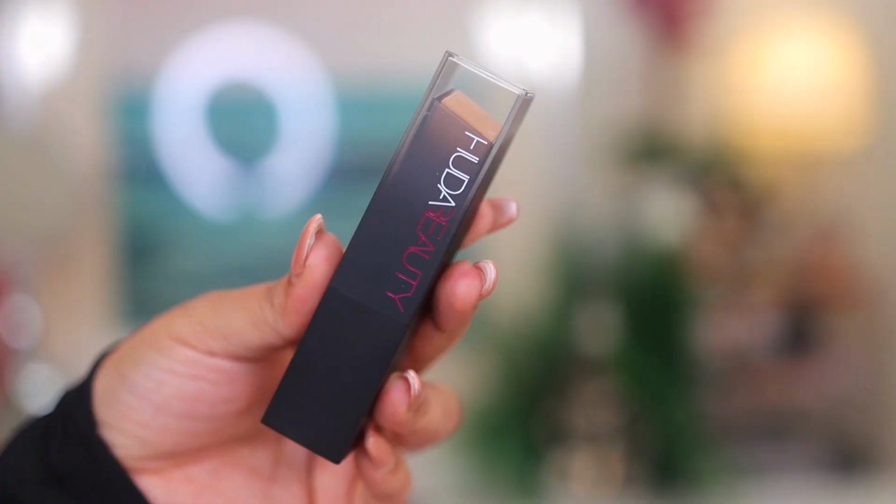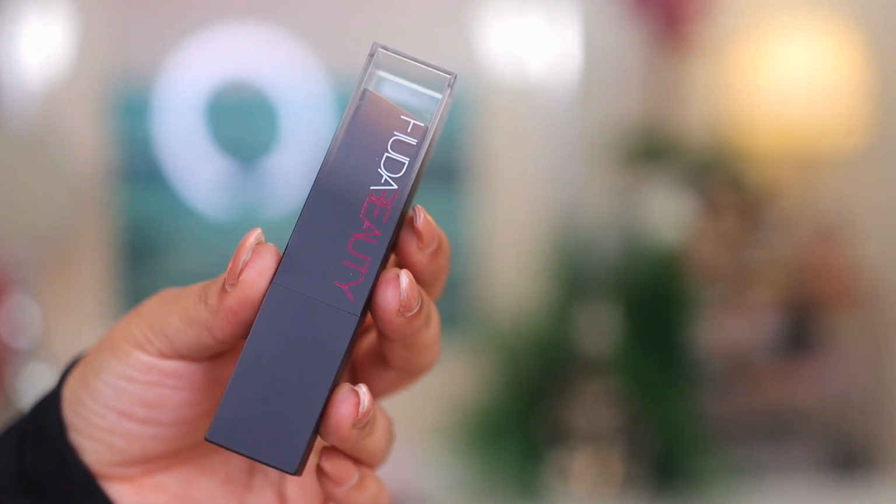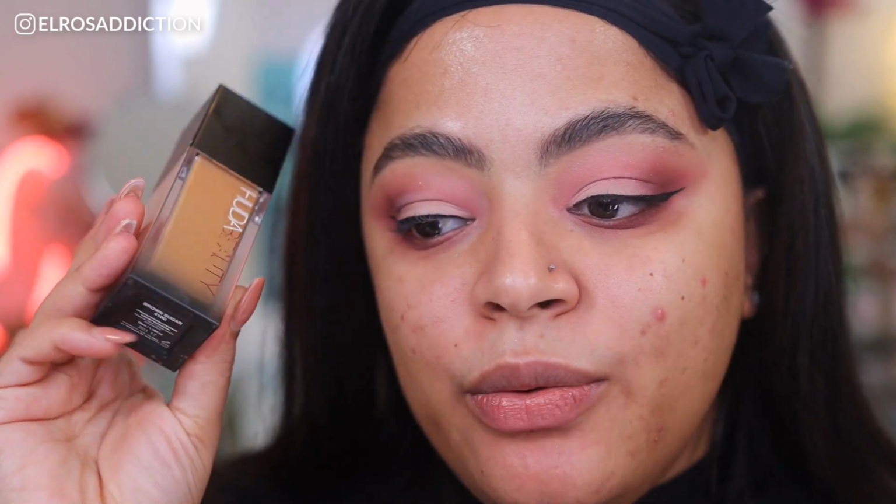The foundation is called the Full Filter Skin Finish Buildable Coverage Foundation Stick, and I love the idea of a stick, and I love the idea of a buildable coverage foundation, because the issue I had with this foundation was that if you're really into full coverage foundation and you want to look like canvas, you want to look face tuned, this is definitely for you. I tend to, if I do use this, because this is actually in the shade 410G, which is really my